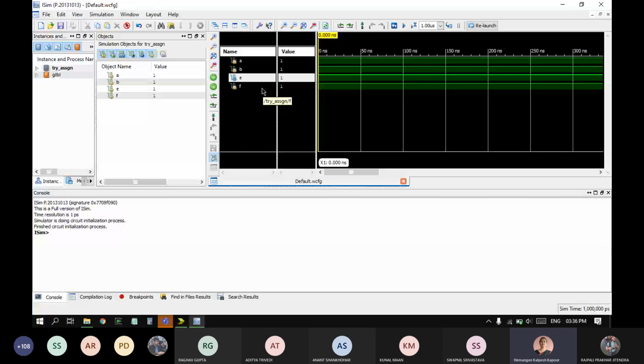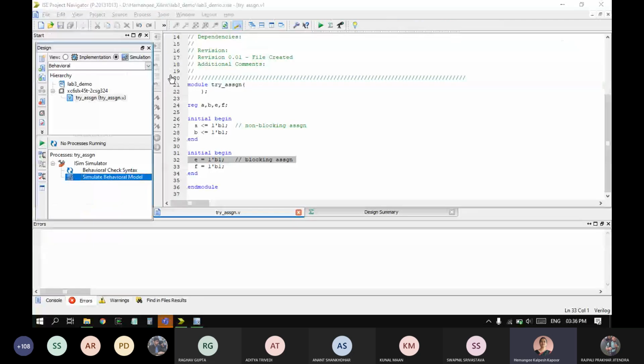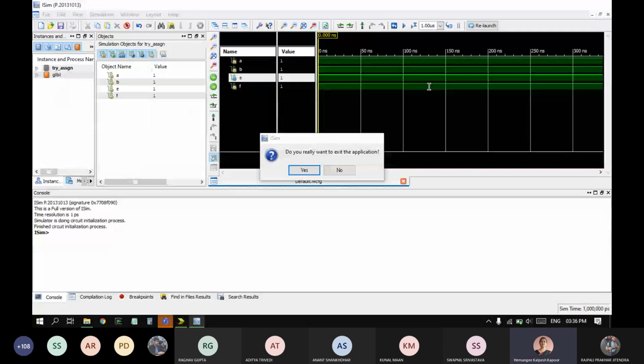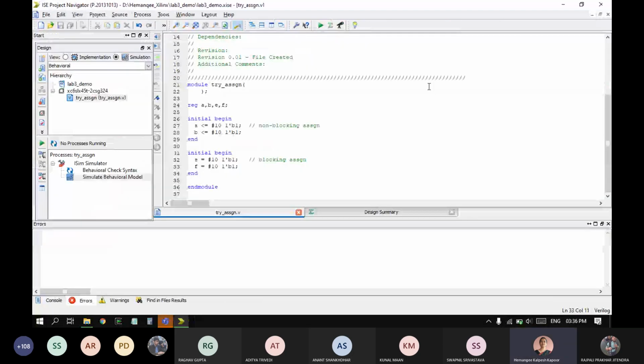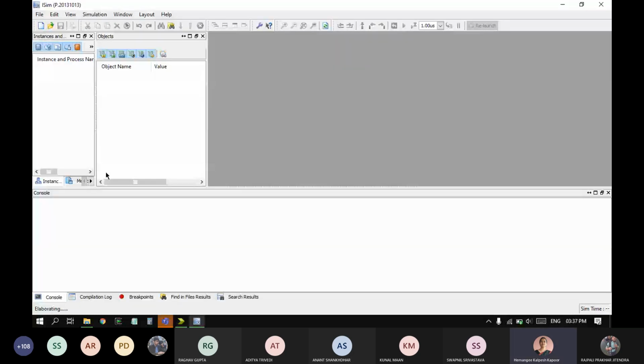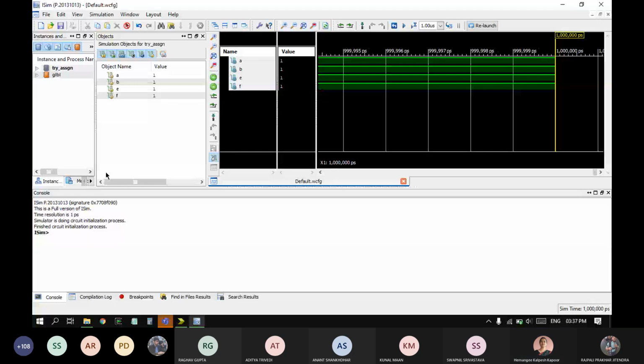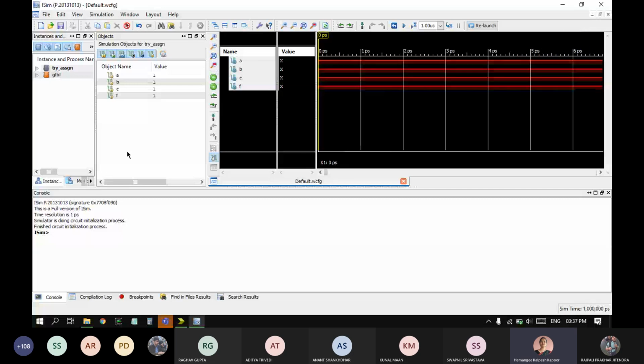So here in front of, while I'm assigning A, I'm presenting a delay of 10 units, and even here a delay of 10 units. And same thing I'll do here, and let us see the difference which occurs in the simulation output. So I have to first close this, and then let us redo the simulation. Okay, so now if I do it there, let me zoom it a little.